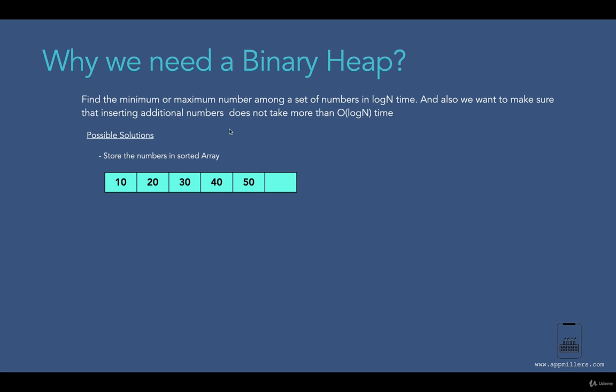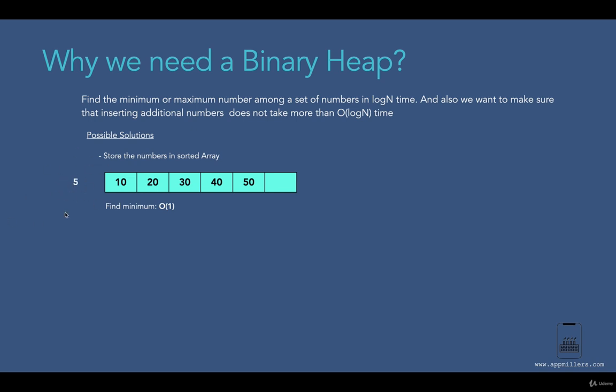So if I sort the array like this, we can easily find the minimum element in even O(1) time complexity. So you can see that it's even better than O(log n) time complexity. But here we have a problem, because whenever we are inserting a new element to this array over here, it will take O(n) time complexity. Because here, in case of a sorted array, we have to find a specific location for an inserted element over here. So in this case, it will take O(n) time complexity.